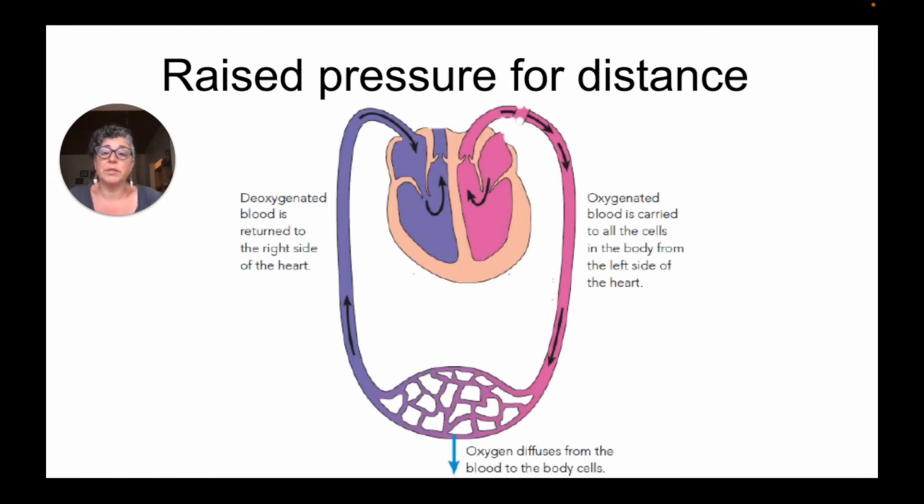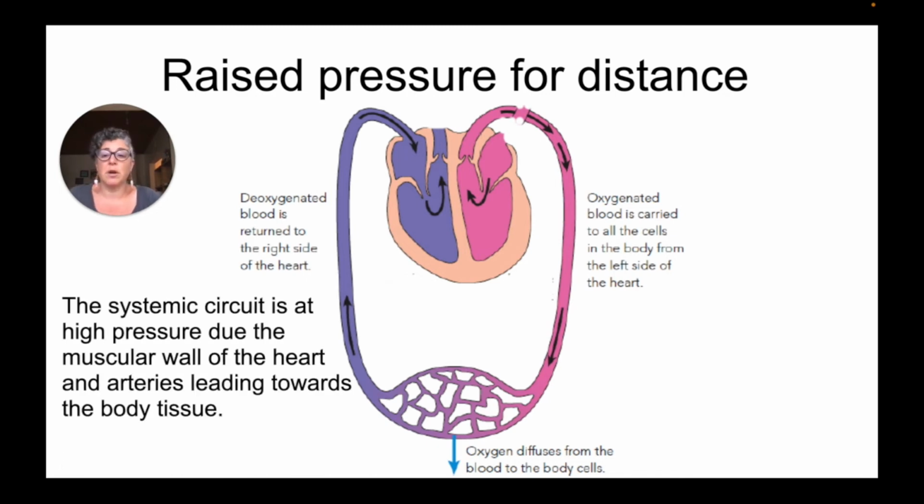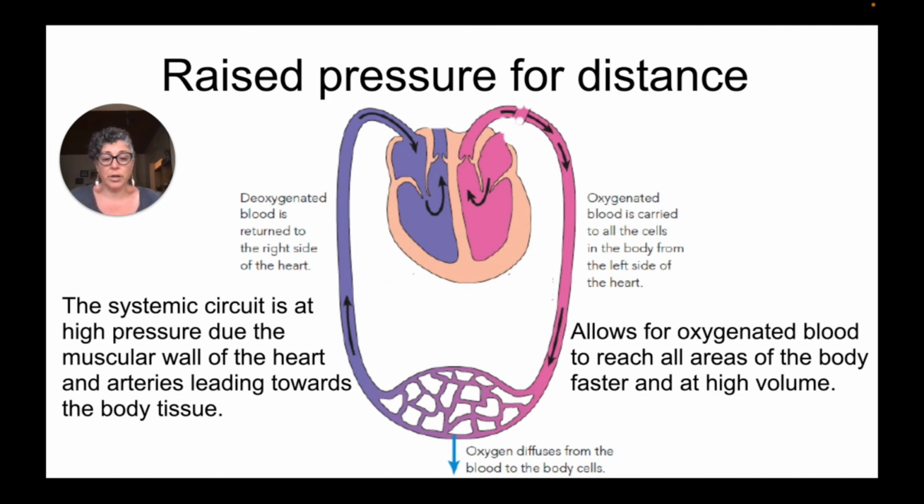And thirdly, we're going to talk about raised pressure for distance. So in this scenario, we're talking about the systemic system. That is the system where the blood is leaving the heart, going to the body cells, and then back to the heart. And this part of the heart is at a very high pressure because of the muscular wall of the heart and the muscular wall of the arteries leading towards the body tissue. This is going to allow for the oxygenated blood to reach all areas of the body faster and at a